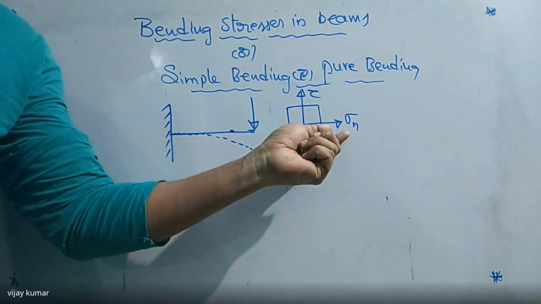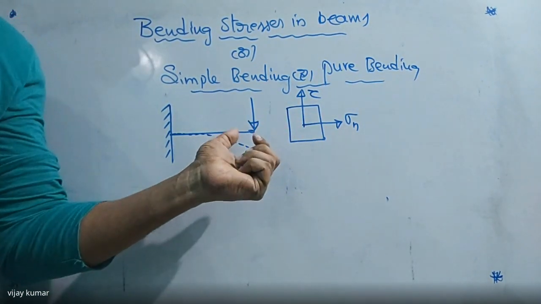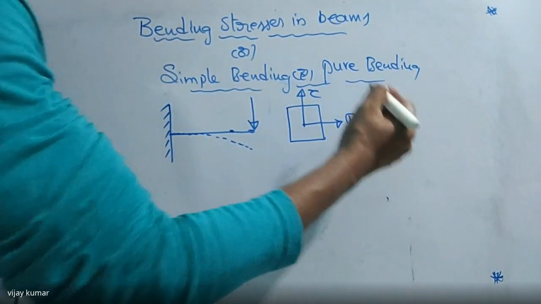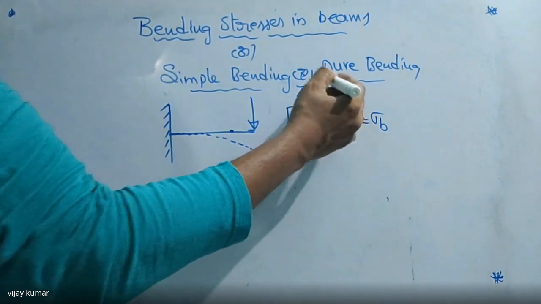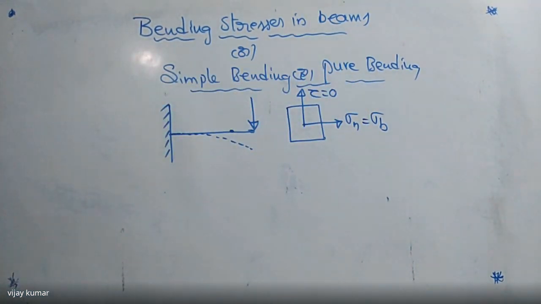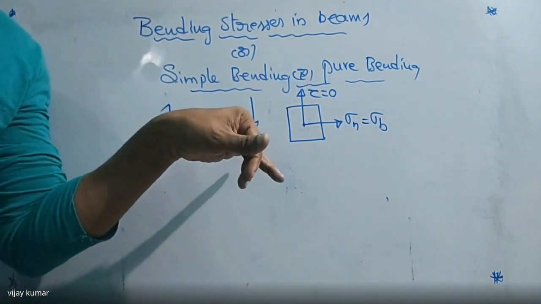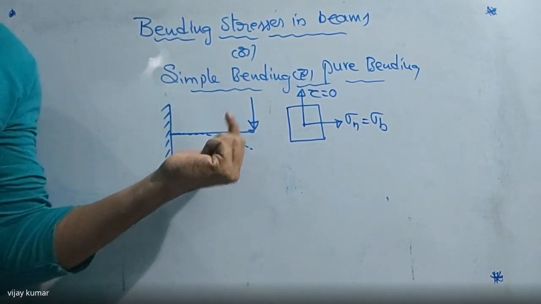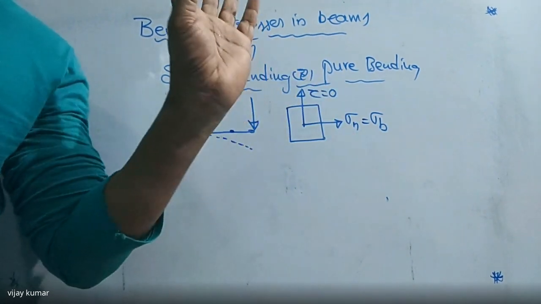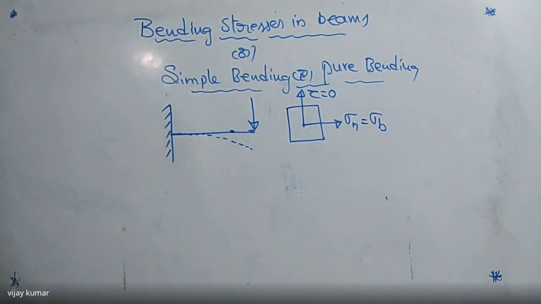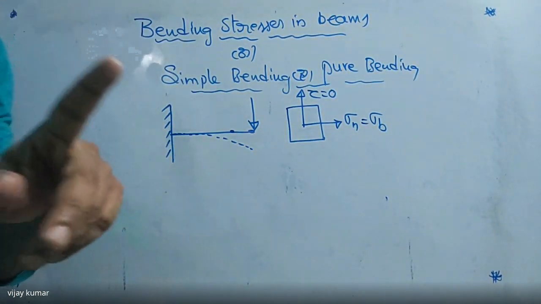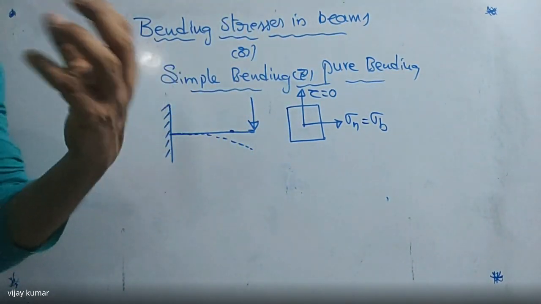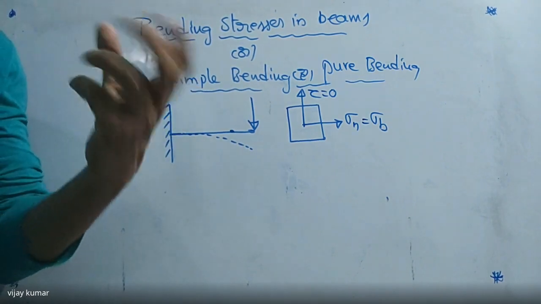But here, normal stress is nothing but bending stress. Practically, when we apply any type of force on the beam, at any point on the beam two types of stresses must exist. Listen carefully. One is shear, one is bending. Here, the bending stresses are always more than the shear stresses.